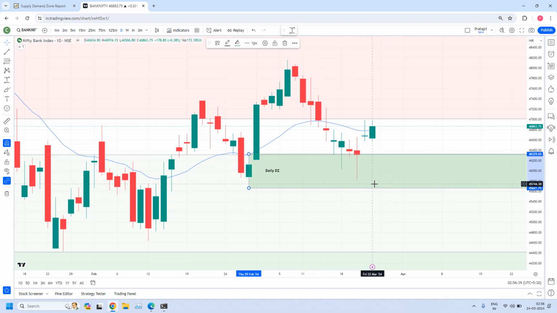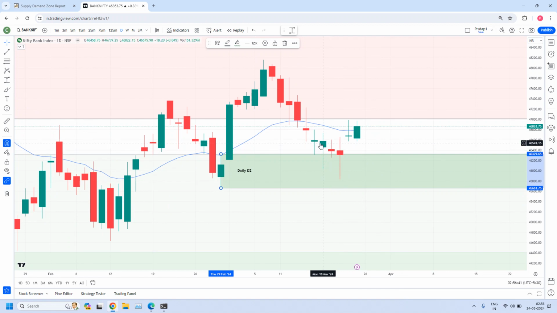So last week, Bank Nifty has given you multiple opportunities. This is the first opportunity, this is the second opportunity, this is the third, and this is the fourth from this daily demand zone, and gave you some good intraday returns. But how you captured this depends on the high liquidity zones inside the demand zone and also the fine-tuned